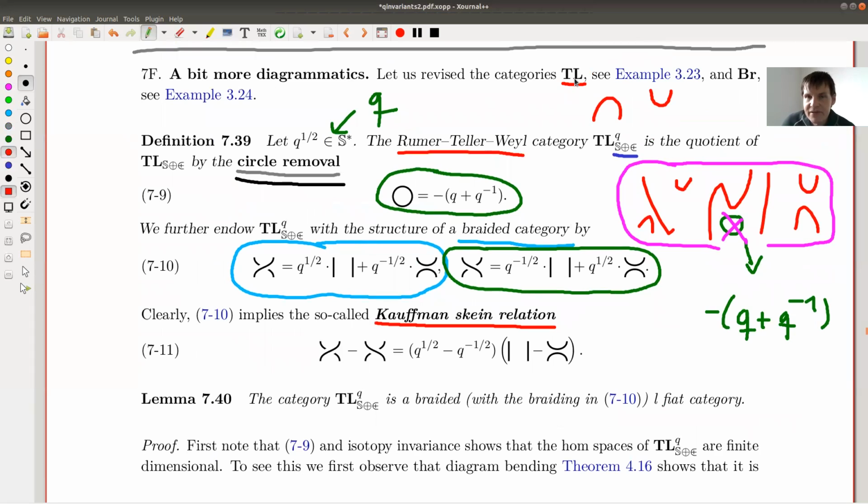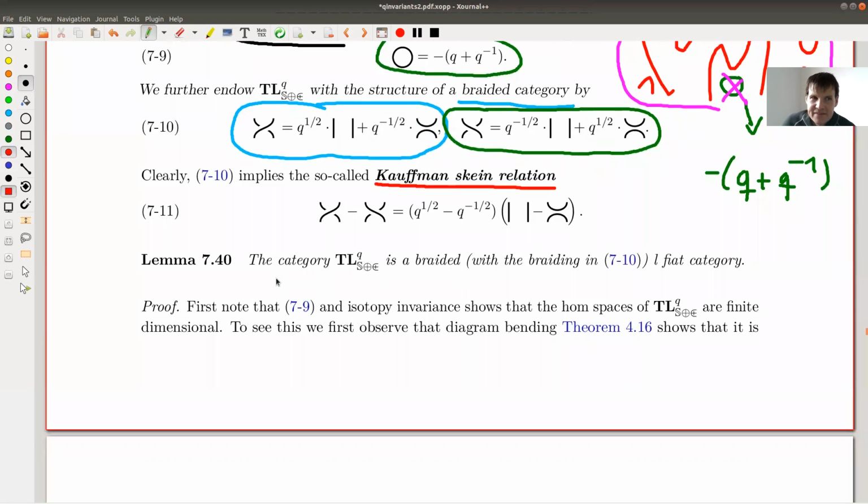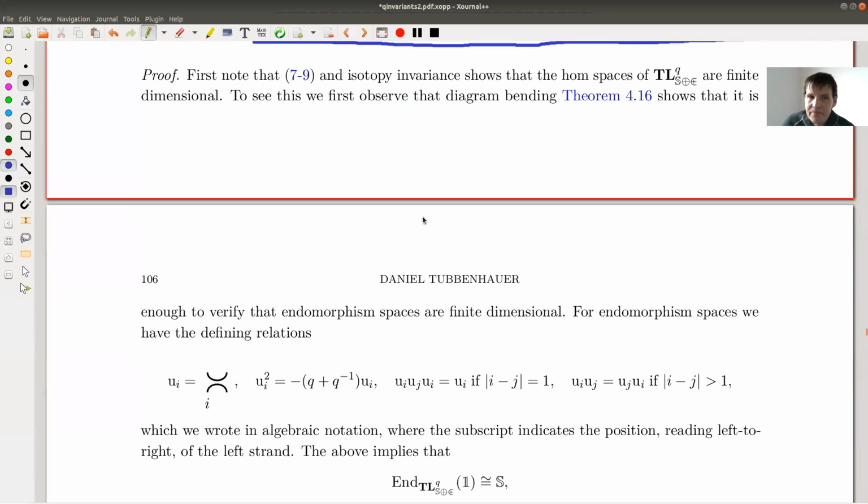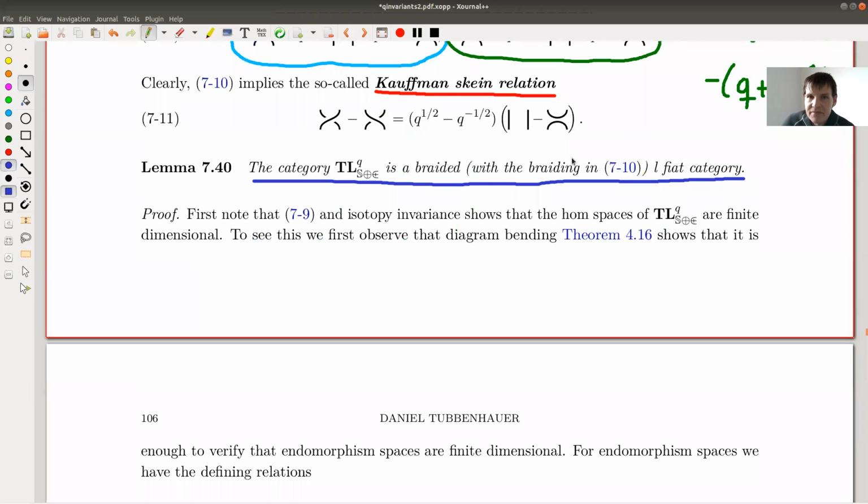So Temperley-Lieb itself is very nice, diagrammatic, it's cobordisms, remember, but it's a bit too big. The basic trick you do is you divide out circled components, you get a scalar, and you get a braiding. And that's exactly the statement. So this category is a braided Fiat category. It's not abelian, same problem. Diagram categories are rarely abelian, but it's additive and idempotent complete, so it's Fiat. And it's pretty good. With those definitions, it's not so hard to calculate. Just do it. The point is, now this is braided.